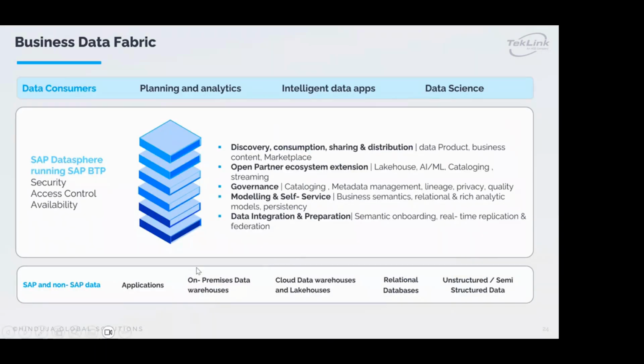So the main advantage of the business data fabric, from a data consumer perspective, is that we have one place where we can discover the data, consume it, and share and distribute it across other applications. It's not just that we are getting data from SAP and non-SAP, but we can also send data to SAP, non-SAP and other cloud platforms from DataSphere. So it's an open partner ecosystem with extensions. That's why we can use a lakehouse, AI/ML, cataloging, streaming, everything in